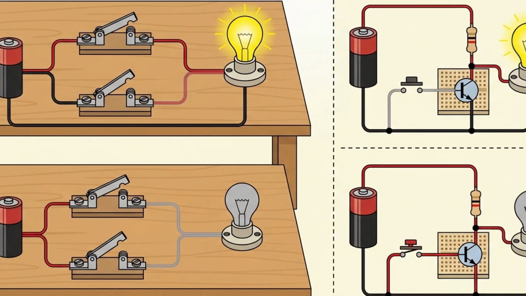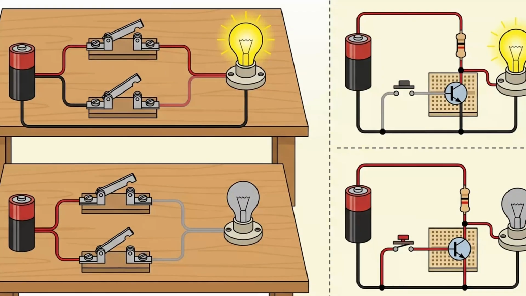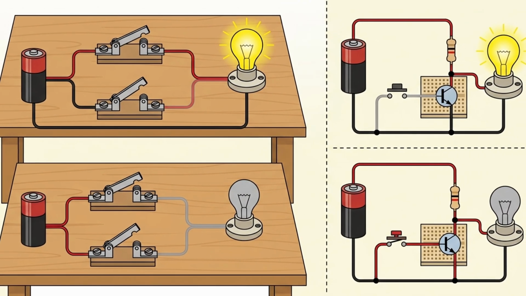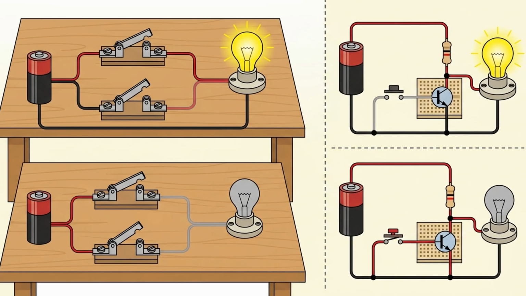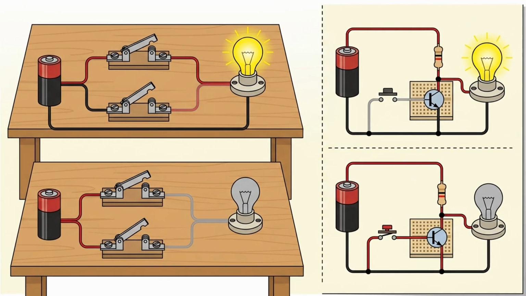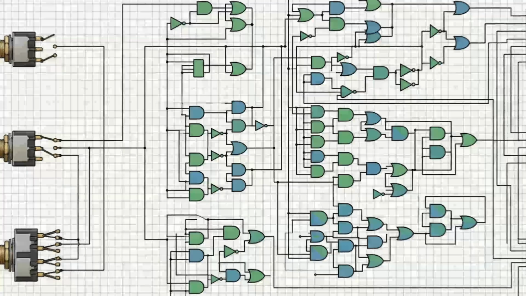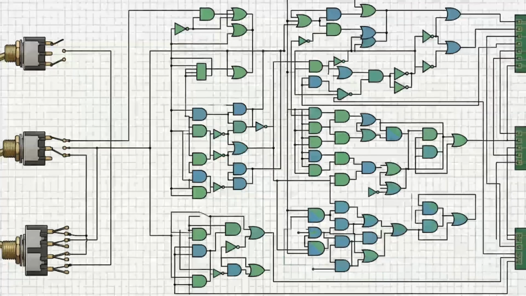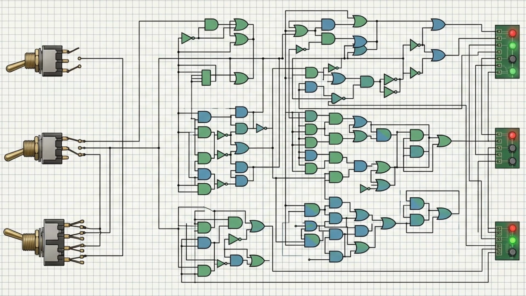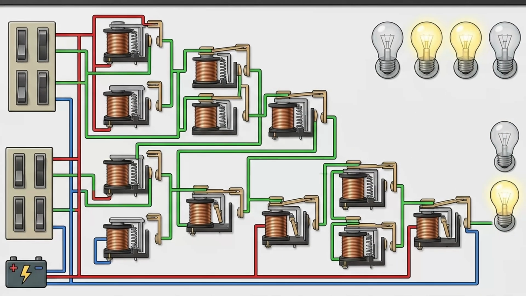Wire the same 2 switches side by side instead, so current gets through if either one is closed, and you've built an OR gate. Add a third kind, an inverter, which simply flips whatever comes in. True becomes false, current becomes no current, and you have the complete toolkit. Every possible logical operation, no matter how complicated, can be built from nothing but and, or, and not, wired in different combinations.